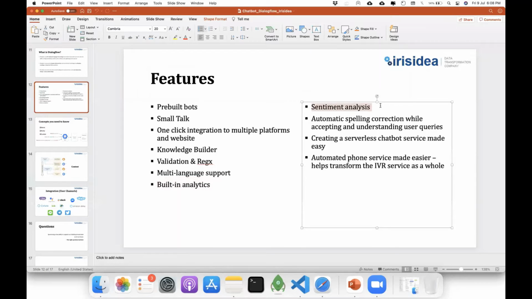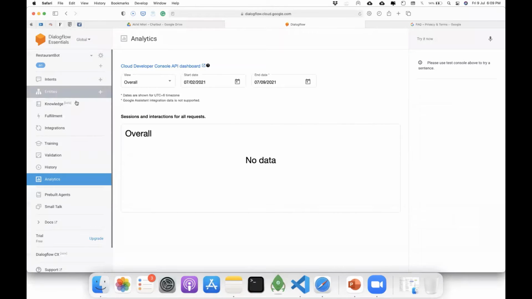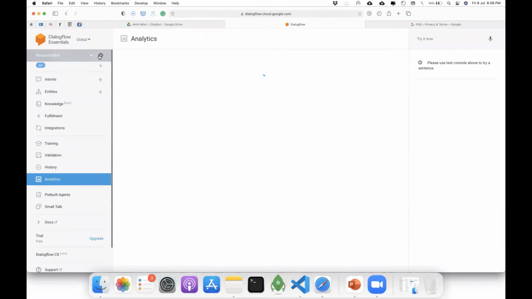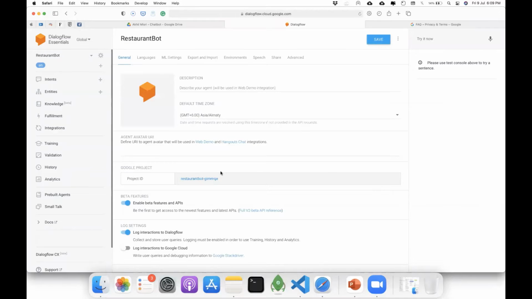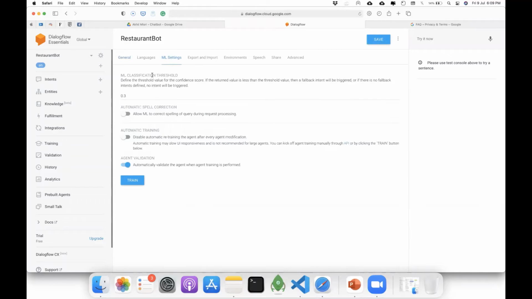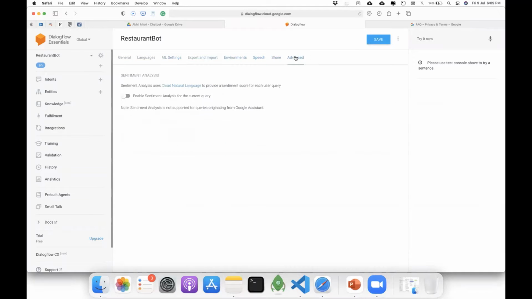Then you have sentiment analysis, which is mostly a feature that you will not be directly able to see from here. But if you go here, you have this whole list of settings where you have an option to select sentiment analysis. You just need to enable this, and on each of the queries that a user types, you will be able to understand the user sentiment: is the response positive, negative, neutral, and so on.